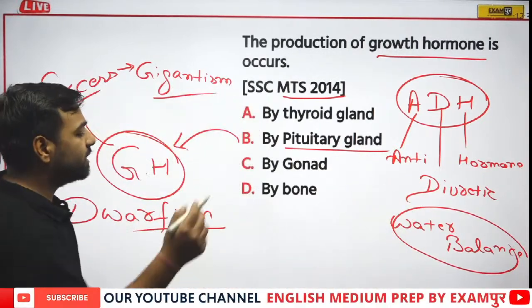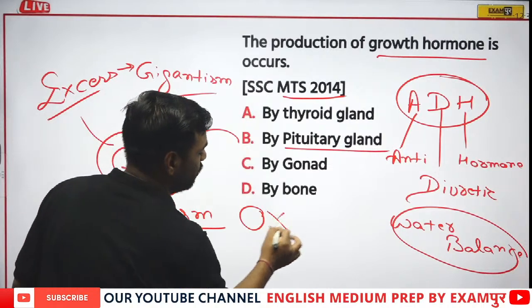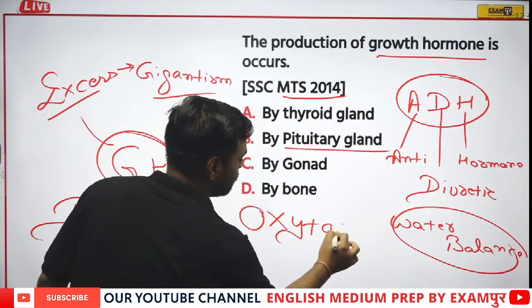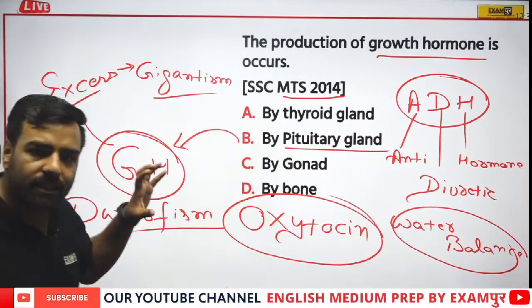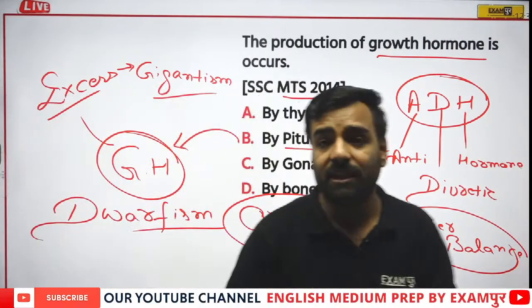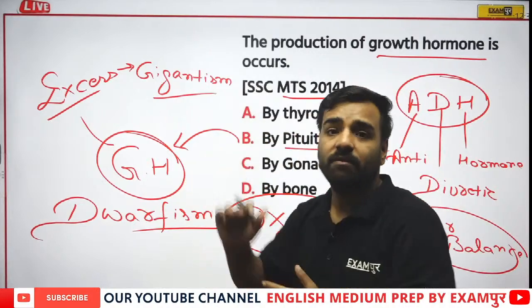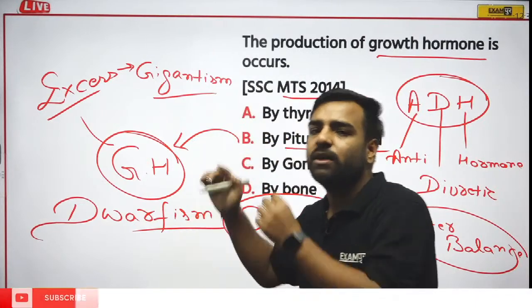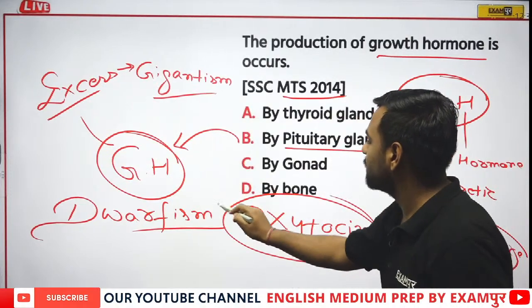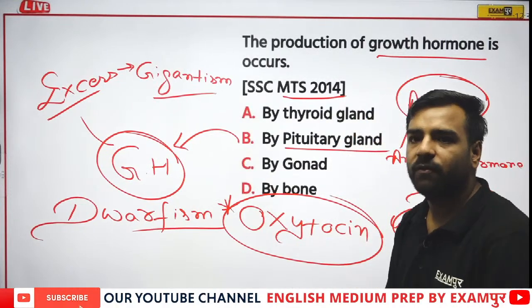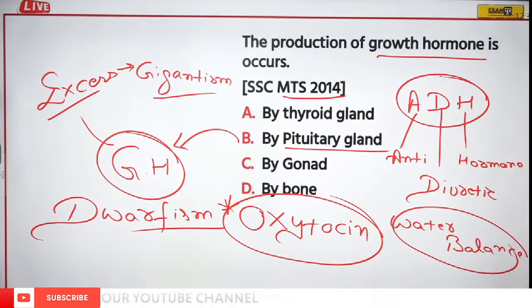Apart from that, there's one more hormone that is known as oxytocin. What is it? This hormone is known as the love hormone. We'll be having a detailed discussion in the evening when we will be having the theoretical section between 6 to 7. But let me tell you, it is asked in short, which amongst the following hormones is known as love hormone? So that is actually your oxytocin. Fine. So all these things we have already discussed.